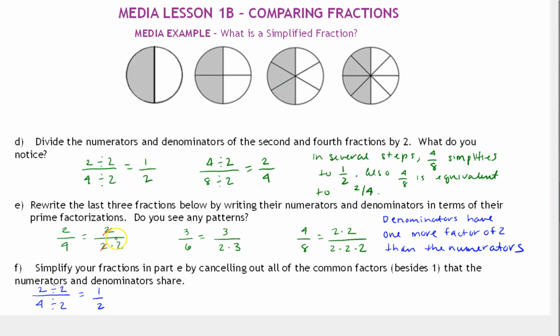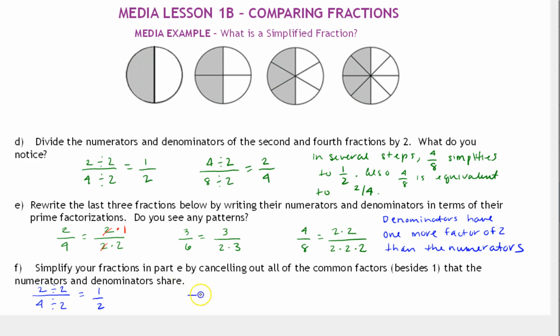So, but notice when we do that here, it looks like there's nothing left on top. And when that's the case, you're going to think of this as multiplied by 1, because 2 divided by 2 is 1. Okay, so the denominator doesn't come up to the top. Whenever all of the factors in the numerator cancel, the remaining factor is just 1. Okay, so looking here,